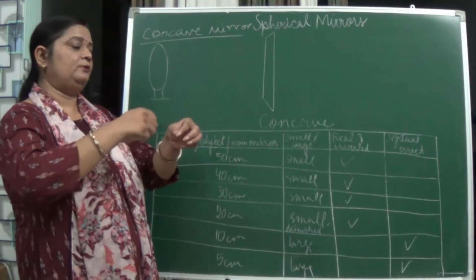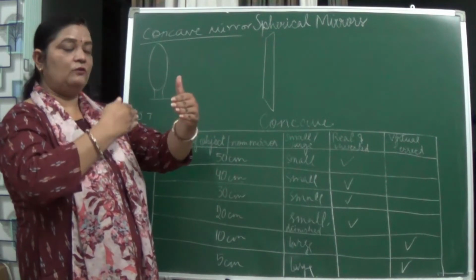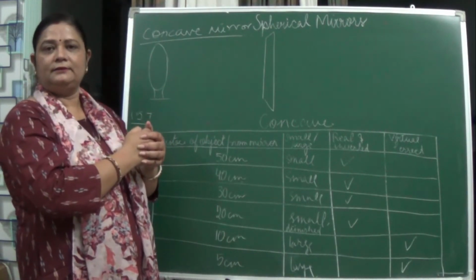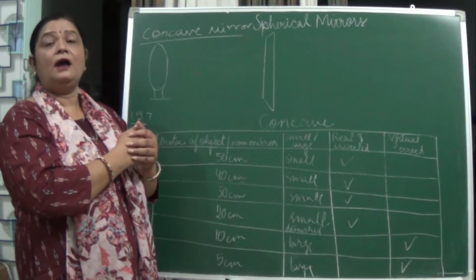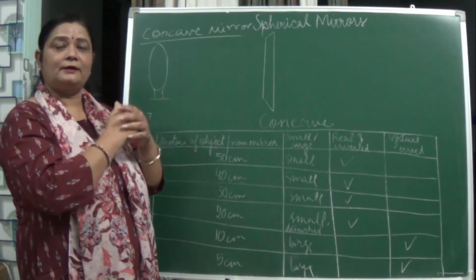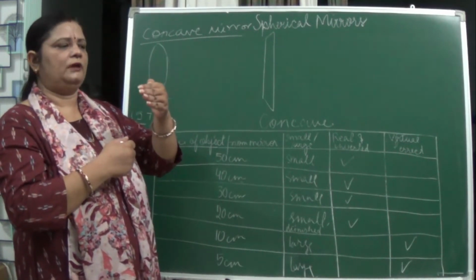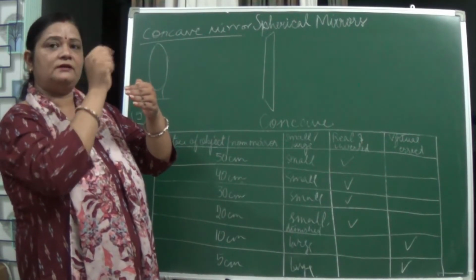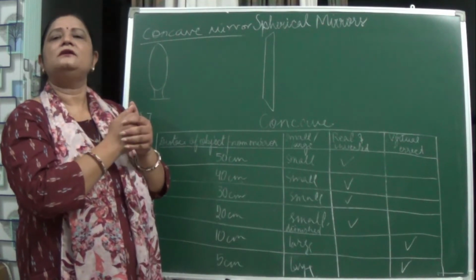What you will be doing is taking the concave mirror, placing the paper in front of it and the sun, and letting the light fall on the concave mirror. After reflection, it will meet at a point. Just go on adjusting the concave mirror. A point will come where it will be just meeting at a point. Leave it for some time, and you will see the paper will start burning.